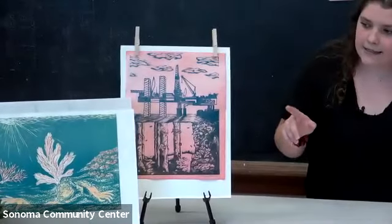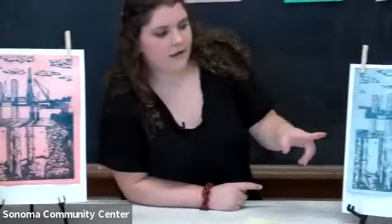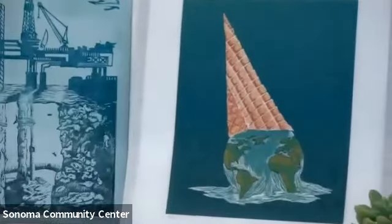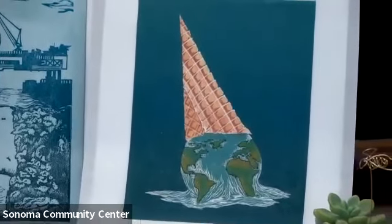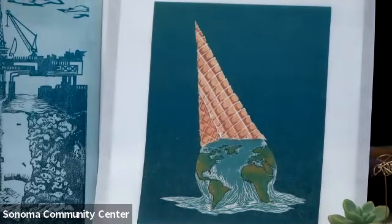With that, I did the exact same concept in this one over here with the ice cream cone in the world. This was a concept I am reworking. I had begun this a little bit more recently when I began this concept of, again, doing the